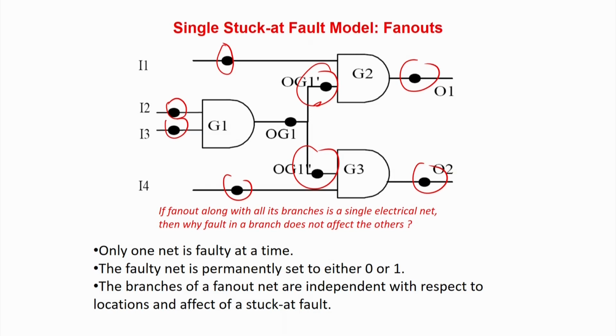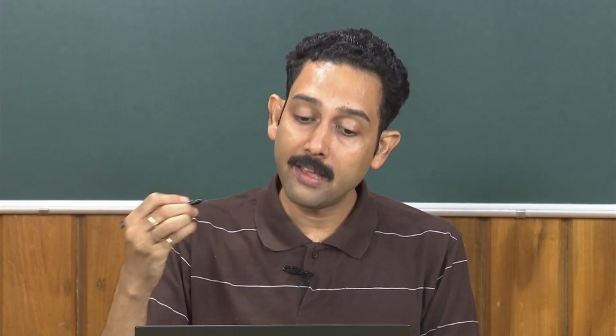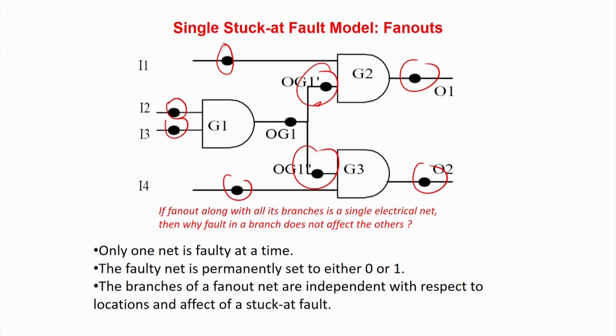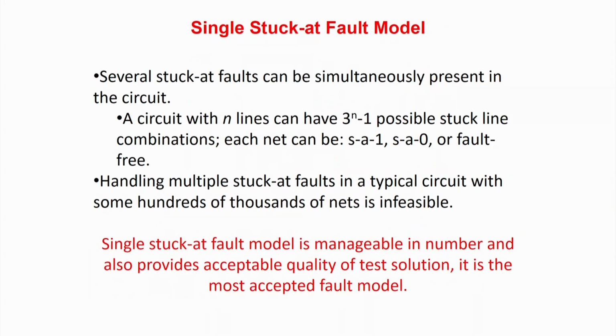So you have to apply test patterns and ascertain that none of the lines is either stuck at 0 or stuck at 1. If you can do this, then you can be 99.999% sure that at least the circuit has no defects. So this is what is called the stuck-at fault model, which is very popular, and it is the basic model we can start our teaching with. So this is the assumption, you can look at it.